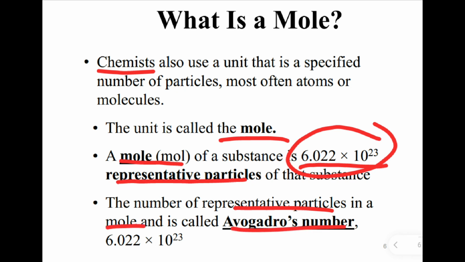ስለዚህ ይሄ ቁጥር 6.02 times 10 to the power of 23 ያልነው ቁጥር ይሄ ቁጥር Avogadro's number ይባላል ማለት ነው። ስለዚህ Avogadro's number ማለት የአንድ ሞል ብዛት ማለት ነው። ልክ ደርዘን 12 እንዳልነው ማለት ነው። አንድ ሞል ማለት አንድ ሞል of any substance contains 6.02 times 10 to the power of 23 ማለት ነው።